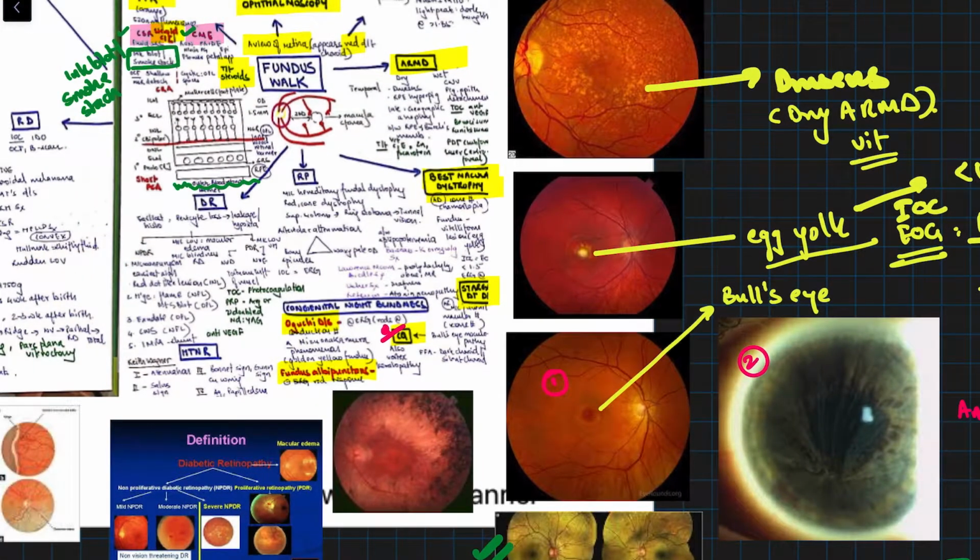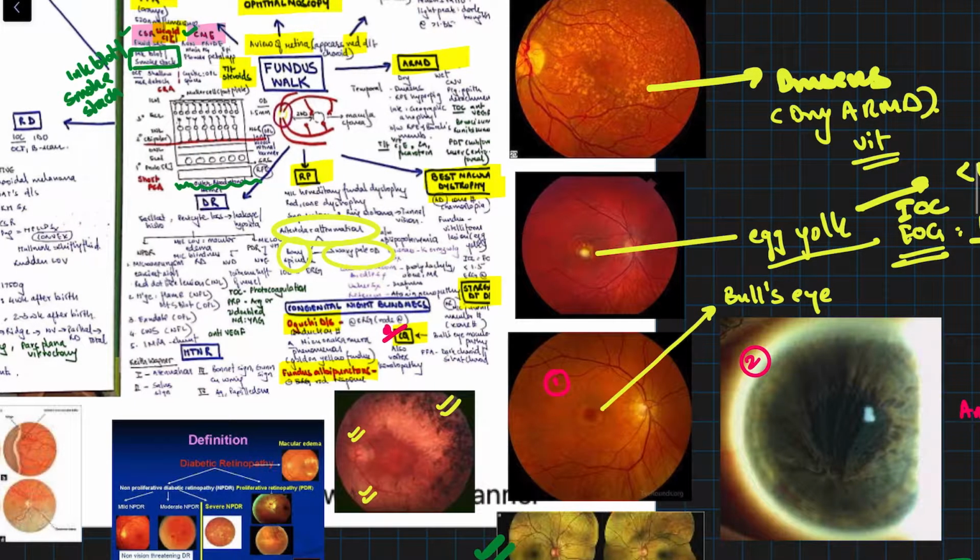Next fundus image that is seen is of retinitis pigmentosa, which is the most common hereditary fundal dystrophy due to both rod and cone involvement. And here, remember, there is a triad of bony spicules, arteriolar attenuation, and waxy pale optic disc. So here we can see the bony spicules, waxy pale optic disc, and the arteries are very narrow or very small. The investigation of choice for retinitis pigmentosa is ERG.